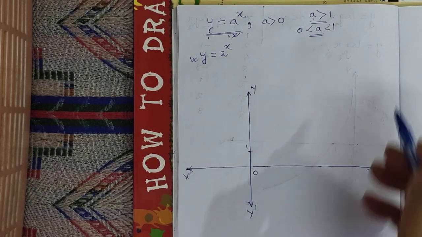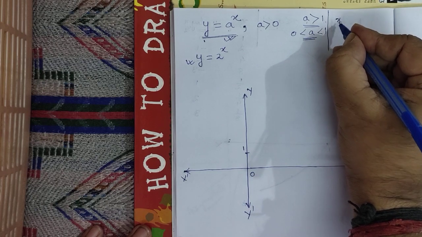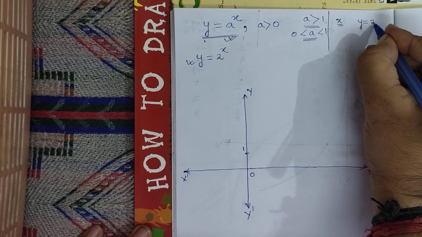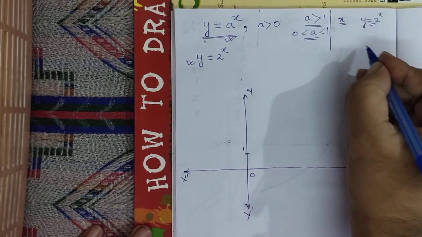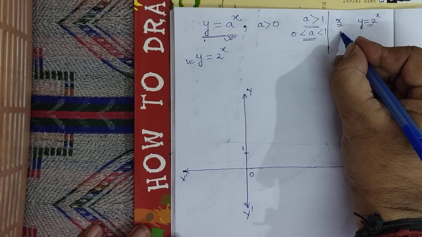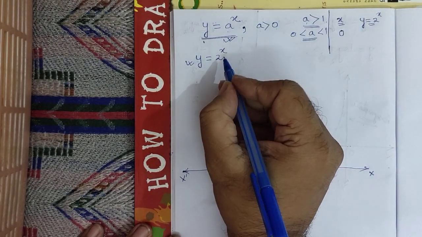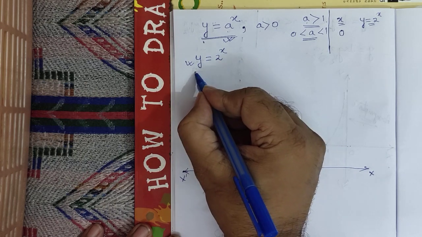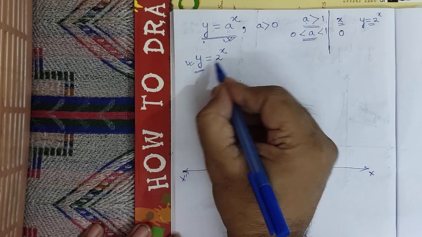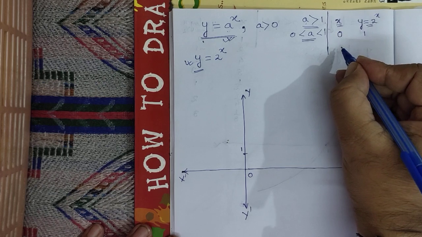Whatever trend this graph will follow, whenever you take a value more than 1, the same trend will follow. So we have made the axis now. Again, like before, I have taken x here and accordingly y equal to 2 to the power x here. I will take the corresponding coordinates accordingly. Suppose I have taken 0. In this case, x can very well be 0. But whatever value of x you take, this y coordinate can never be negative. Any value you put here, you will always get a positive value. Say x is 0, so y will be 1.